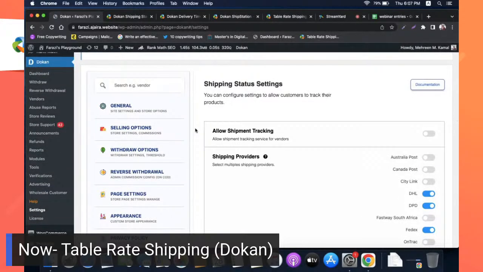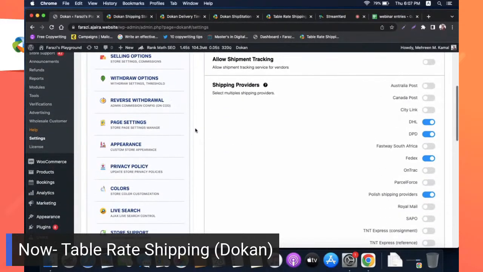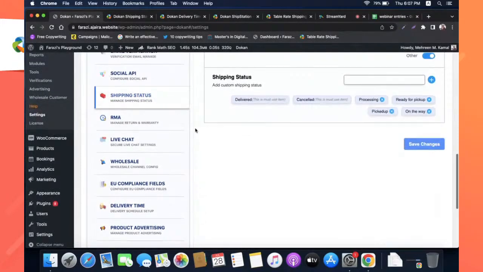Since Dokan turns all of the configuration for WooCommerce into a multi-vendor store. WooCommerce is based for single vendors. So once you go here,